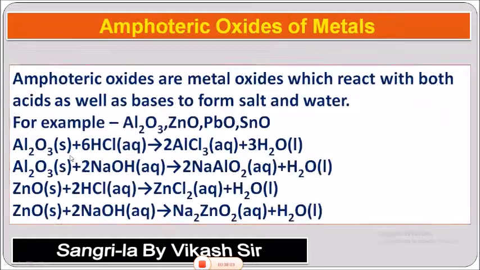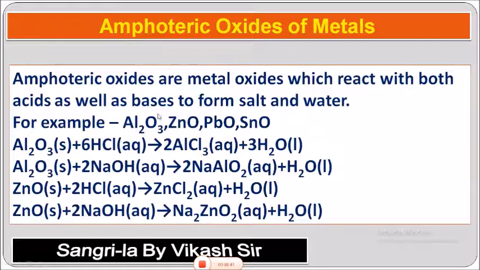Now we are seeing the amphoteric oxides of metals. Students, these are metal oxides which react with both acids as well as bases to form a salt and water. For example, Al2O3, aluminum oxide, zinc oxide, lead oxide, SnO, stannous oxide. These are examples of amphoteric oxides of metals, because these metal oxides react with acids as well